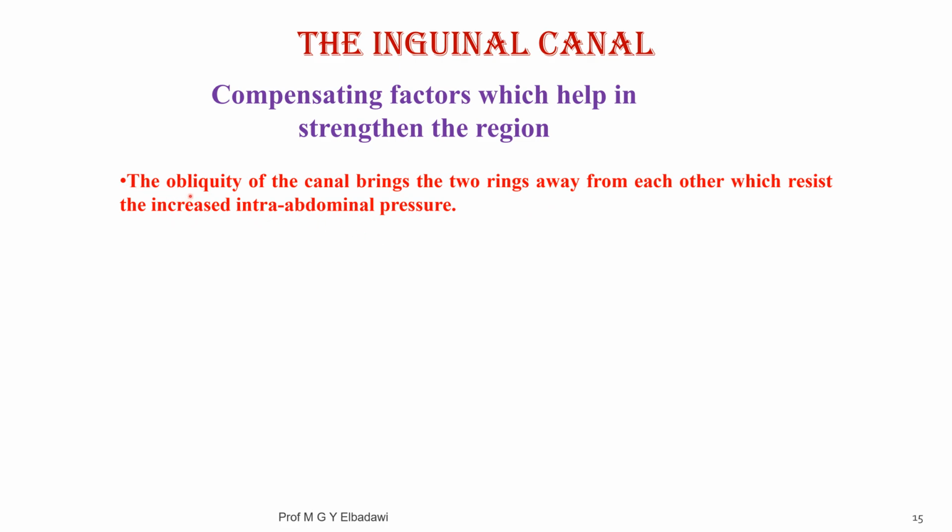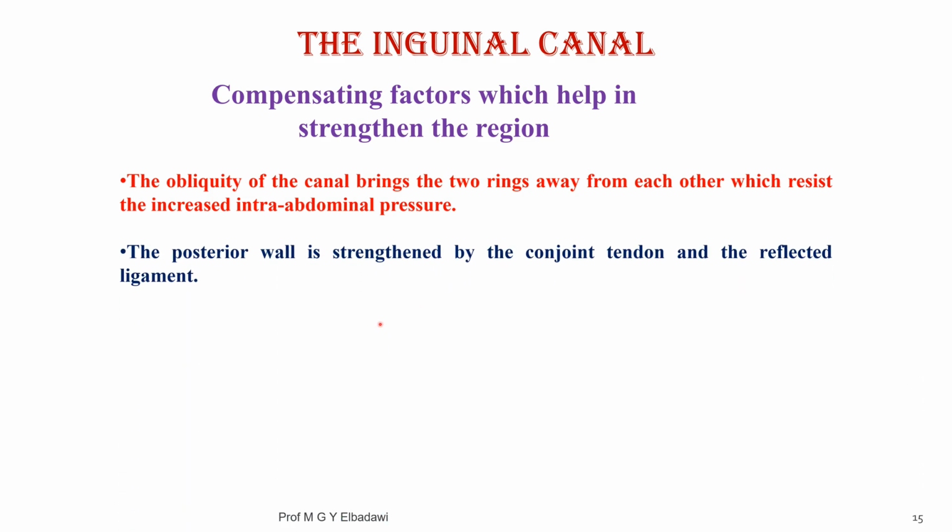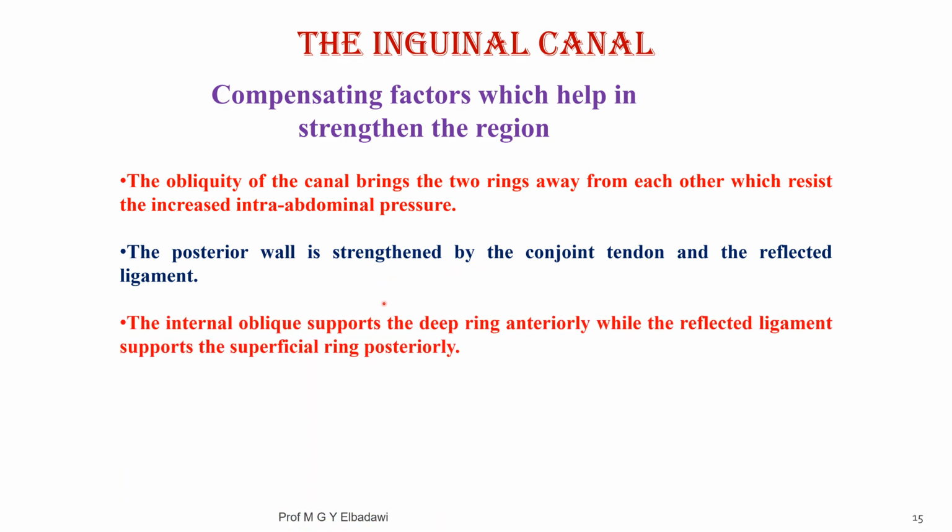The first factor is the obliquity of the canal itself, with the positions of the two rings away from each other, and this helps in resisting the pressure. The second, the posterior wall is strengthened by the conjoint tendon and the reflected ligament medially. The internal oblique muscle will support the deep ring anteriorly, while the reflected ligament will support the superficial ring posteriorly